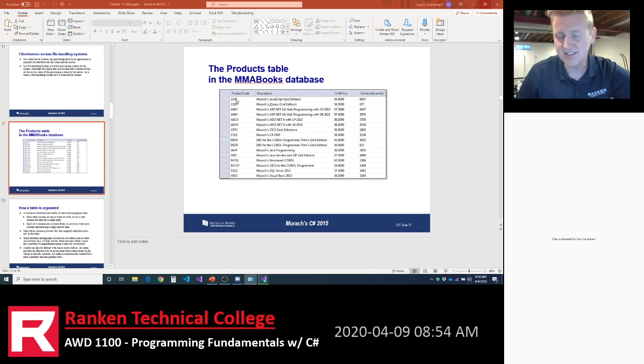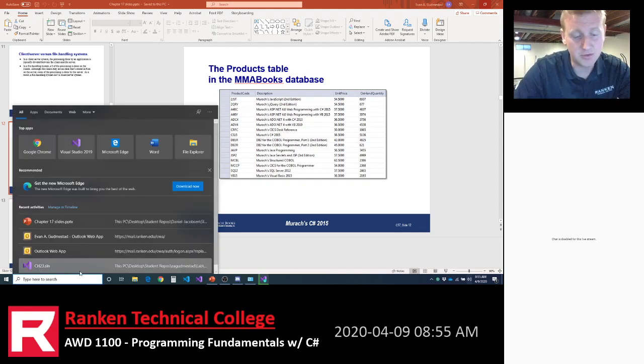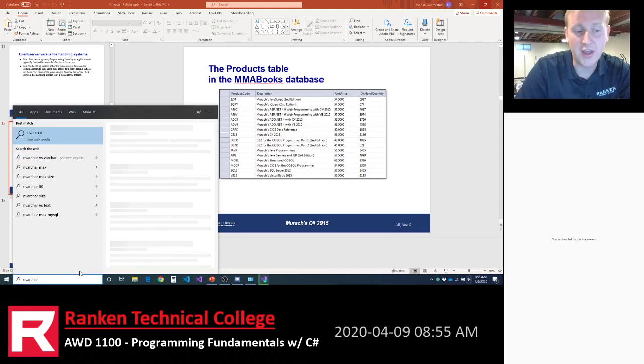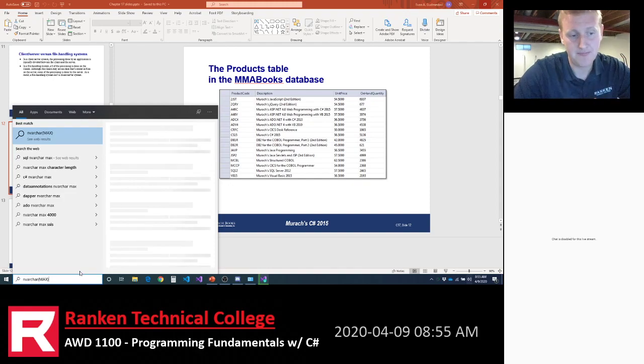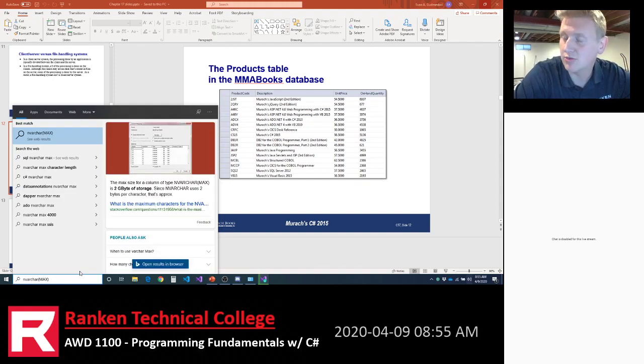And so just as we've been learning data types all semester long in C#, there's another list of data types in SQL Server, and they don't match 100%. It would be nice if everything was a perfect match. They don't match. The data types in SQL Server are similar but different. For example, a string in SQL Server is called nvarchar, and typically you put max in parentheses.